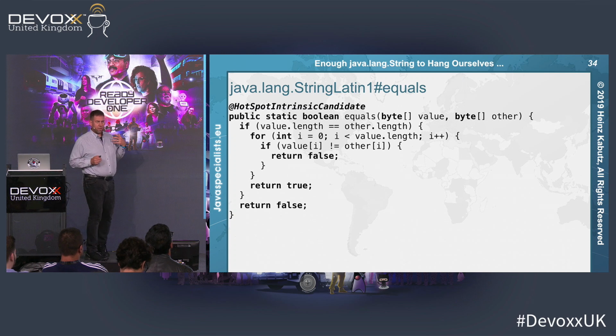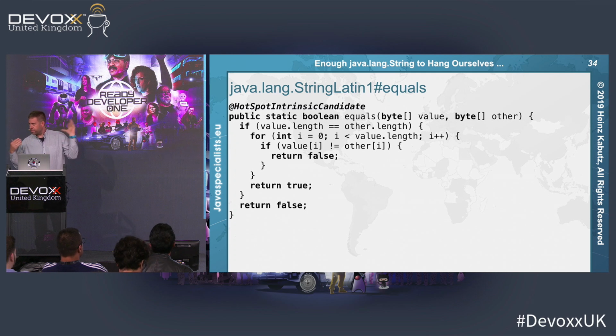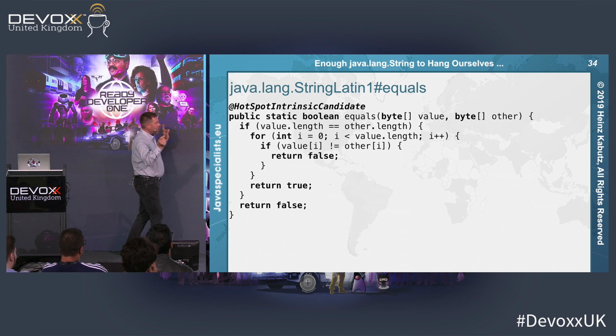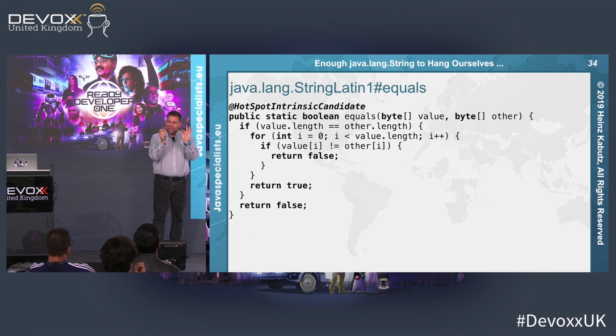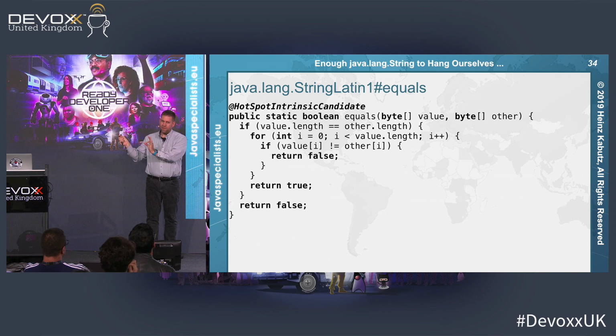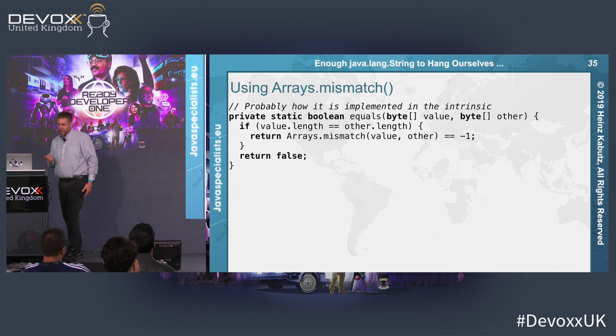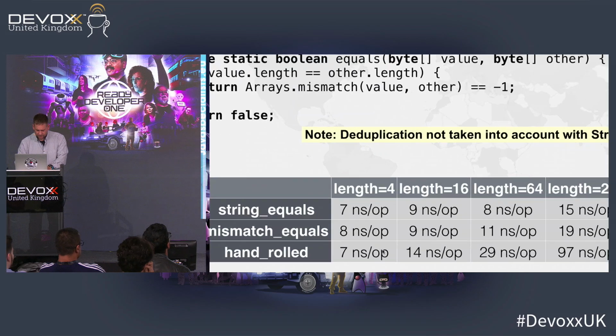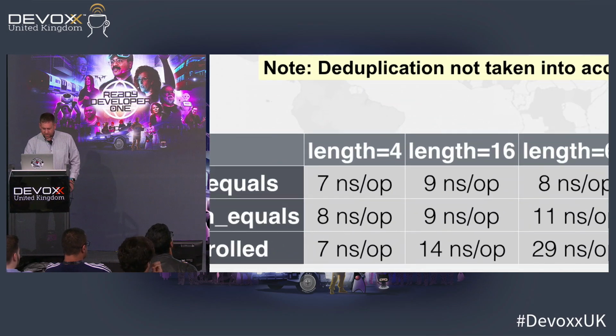And at the top you see HotSpot intrinsic candidate, which means it can be exchanged for really, really fast C code, assembly code, whatever. But if you look at this, what they're doing in the Java code is they're going through both arrays, looking at the bytes one at a time. One at a time. And I'll get back to this in a second. I just want to show you the values down here. So if you take a string of length 4,